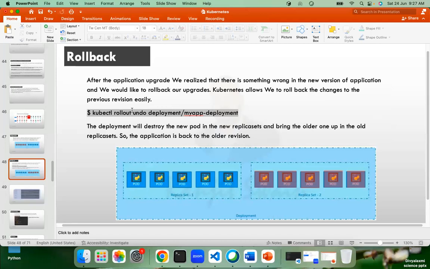Once you upgrade, if you feel anything is wrong and you need the previous version, just use this command. The deployment will destroy the new pod in the new replica set and bring the older one up in the old replica set. Quickly, right? That's why